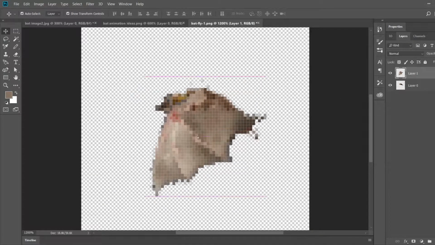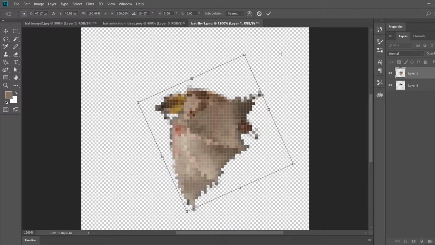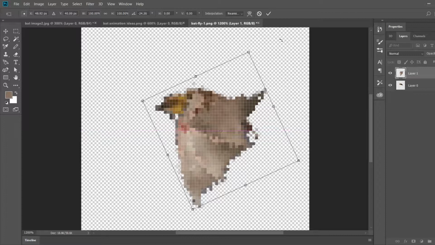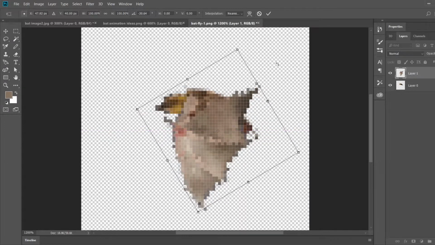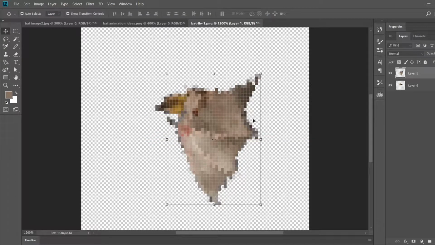And then I'm gonna move that, probably just rotate that a little bit, just so you can see the bat's head and it's not cutting anything out. And a little bit more, there. So obviously I need to erase all that, but that's a very quick way of getting my animation ready